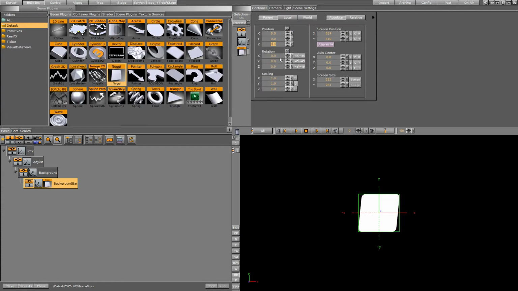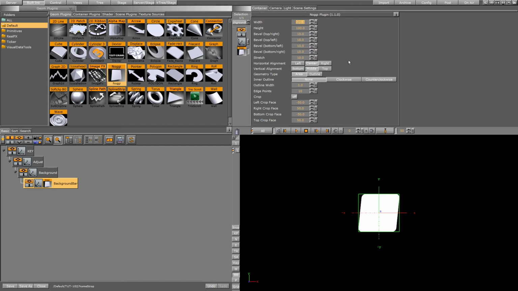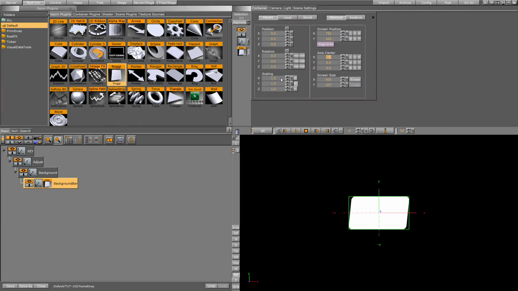Here I can adjust the scaling, the rotation, and my axis center point. Well, I'm just going to leave it like that for now. If I click the noggy icon, it exposes all the different properties of the noggy that I am able to change. I always prefer, if I can, to change the height and width in here rather than changing the scaling